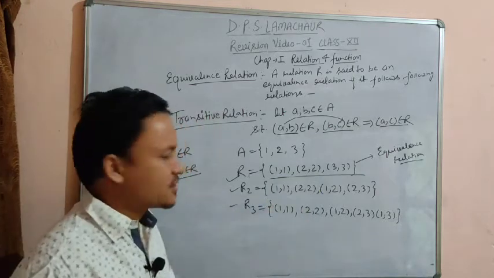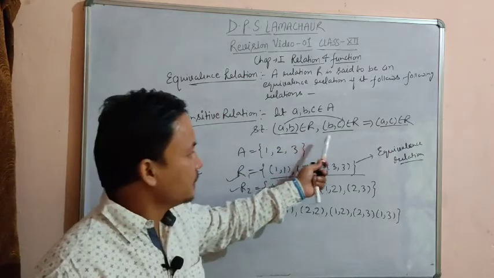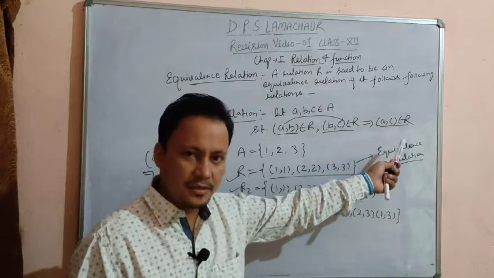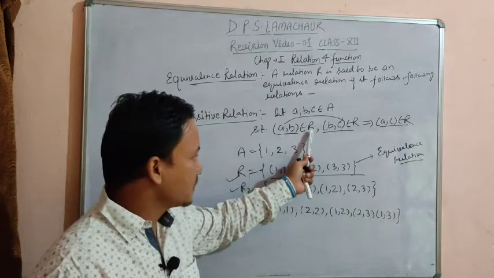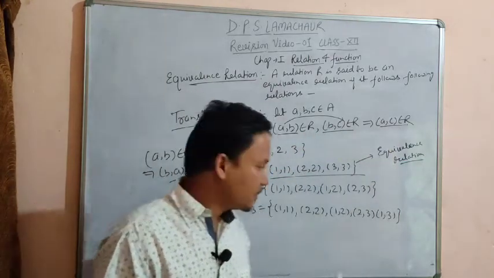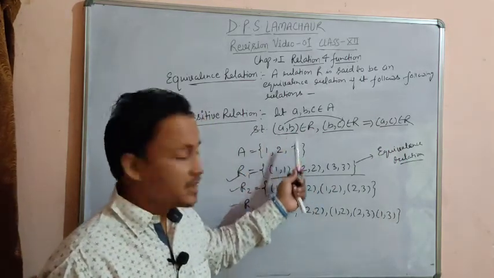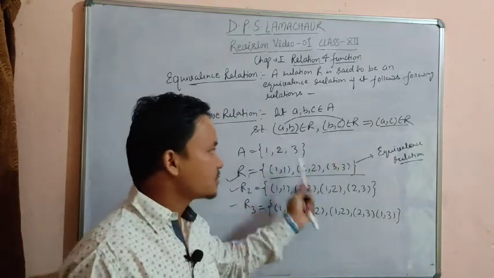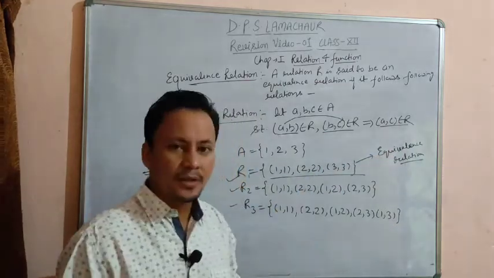Now coming to the transitive part. For transitive, AB must belong to R, BC must be in R. ये दोनों एलिमेंट जब तक नहीं होंगे तब तक इसकी बात नहीं होगी. Clearly mentioned. Since if AB belongs to R, and BC is in the relation, then you say that AC must be in the relation. But here you can see that there is no element like A comma B. There is no element found like B comma C. If A comma B and B comma C are not here, so how can we check about A comma C? Okay, so that's why it is a transitive relation.